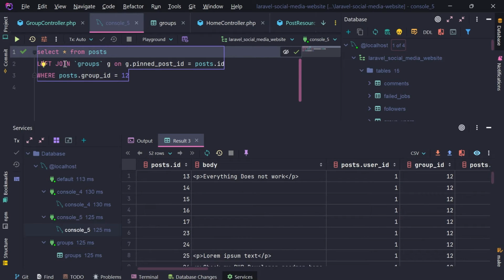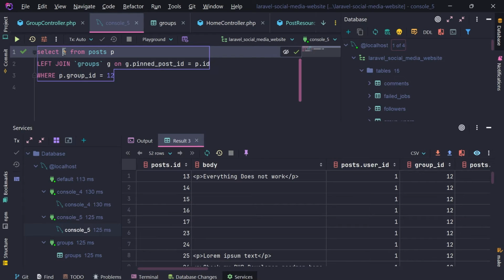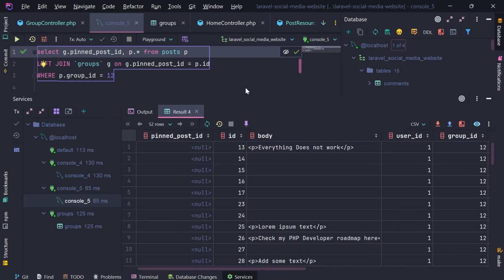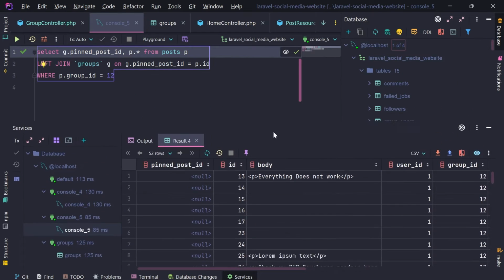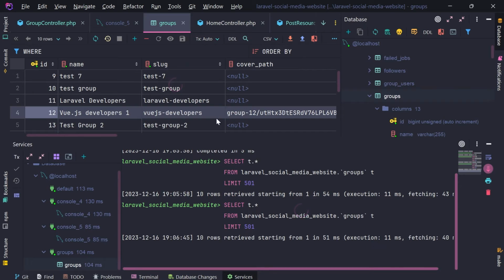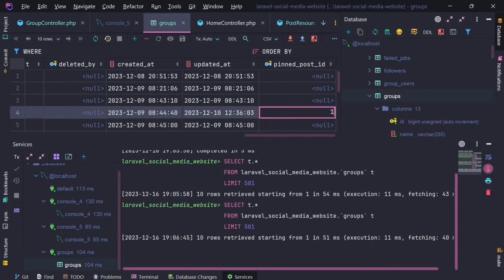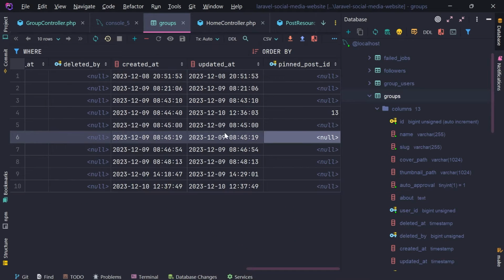However, if I select everything from the posts, let me give it an alias P, and P here and P here. So I select everything from the posts, but from the groups, I select the pinned post ID, which by default is null, because at the moment we don't have any pinned post. It is always null. Now I'm going to go inside these groups, and basically for the Vue.js, I'm going to add this pinned post ID to be 13. Then what I need to do